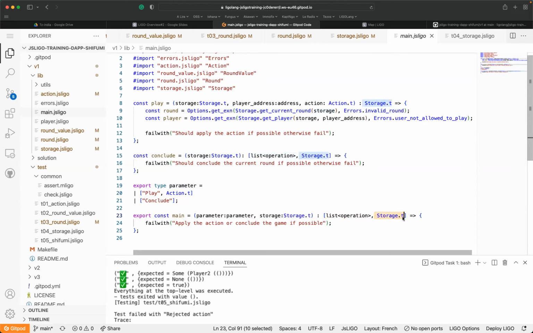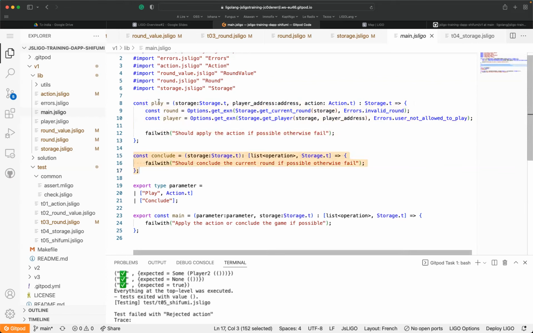So here, if we keep in mind the little schema about the contract anatomy, here we retrieve everything I already mentioned before. So here the parameter should be play with a given action and conclude. Okay. So here the first one, for each one, we are going to have a given behavior. The first one should reflect the play action, and the second one should reflect the conclude action.